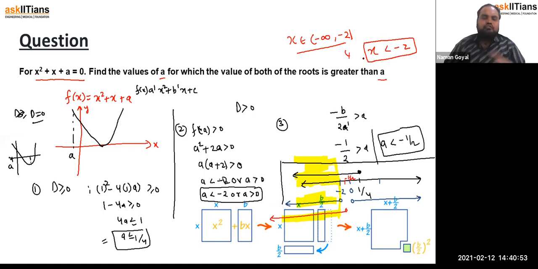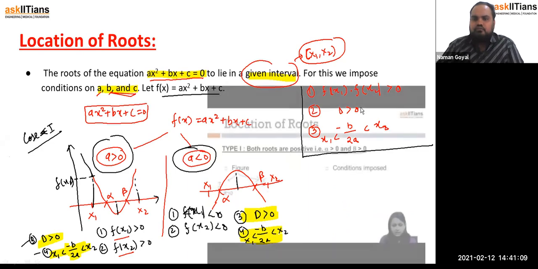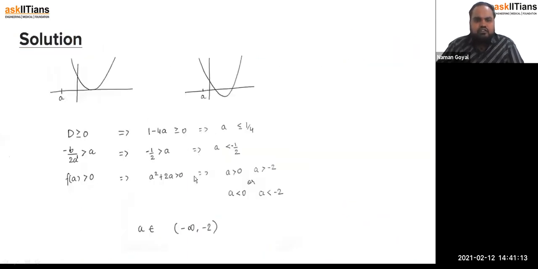Okay, so this question is from the type which you saw in the video, and there is another type which I told you. In this type, the roots of the quadratic equation lie in a given interval which is from x1 to x2. For this, what we have to do? We have to write down these conditions. Are you getting my point? Okay, very nice. So if you see, this is the solution for this question, we got the same answer. Okay, you can do this.